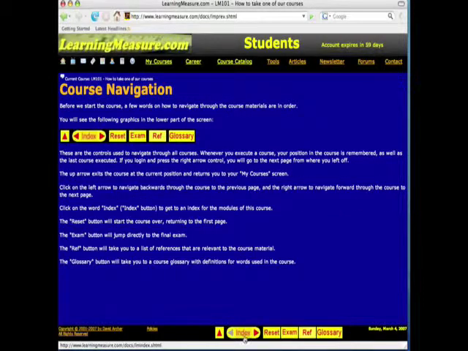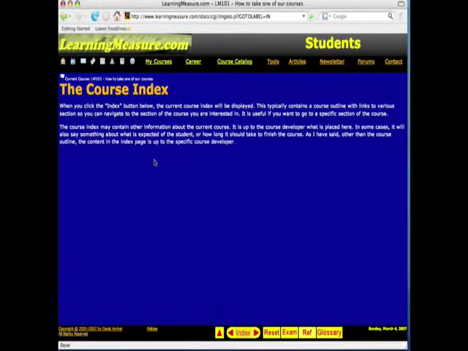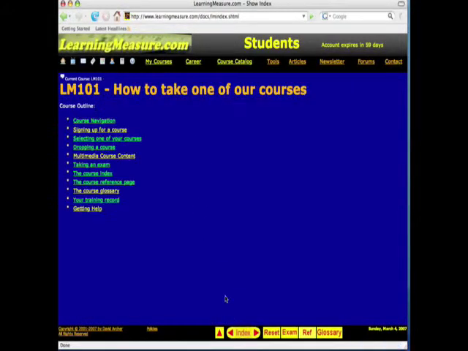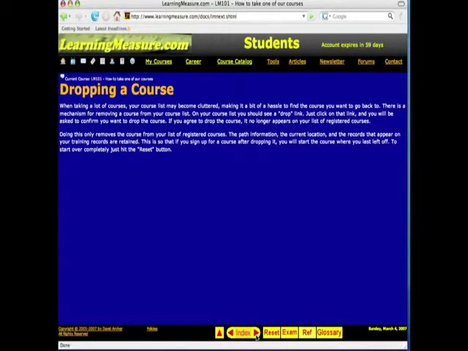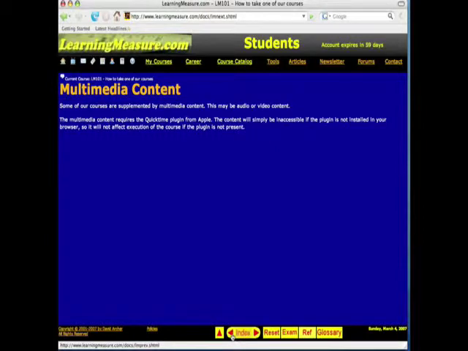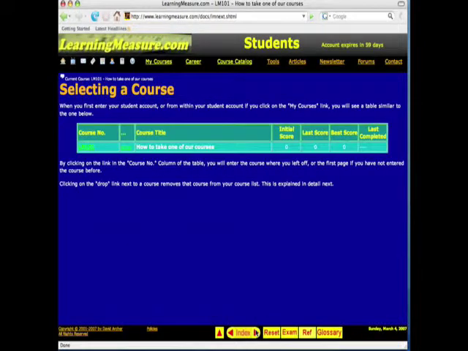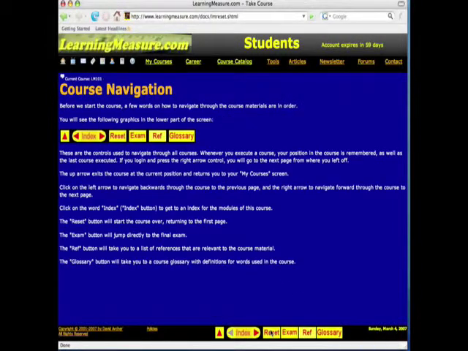Okay, all courses have an index where you can jump to a specific part of the course, and then you can move forward from there, and then you can jump back to another spot and move from there. The back button then remembers which way you went through the course, so it will back up the way you went through it. If you want to start from the beginning with a clean path, just hit the reset button.